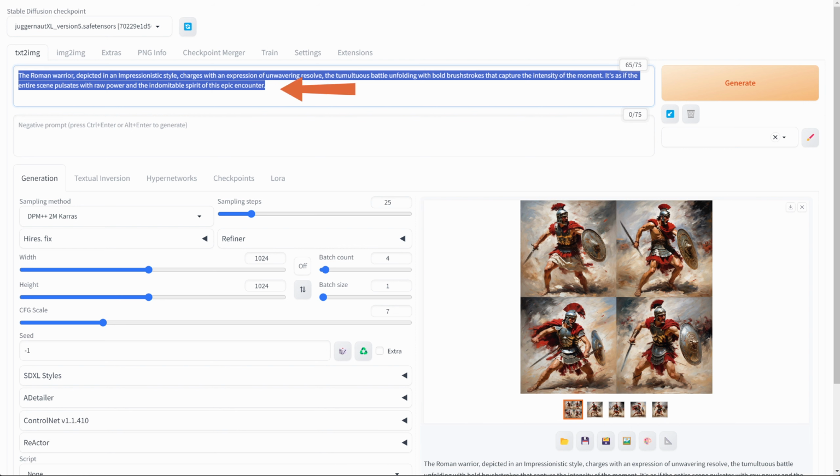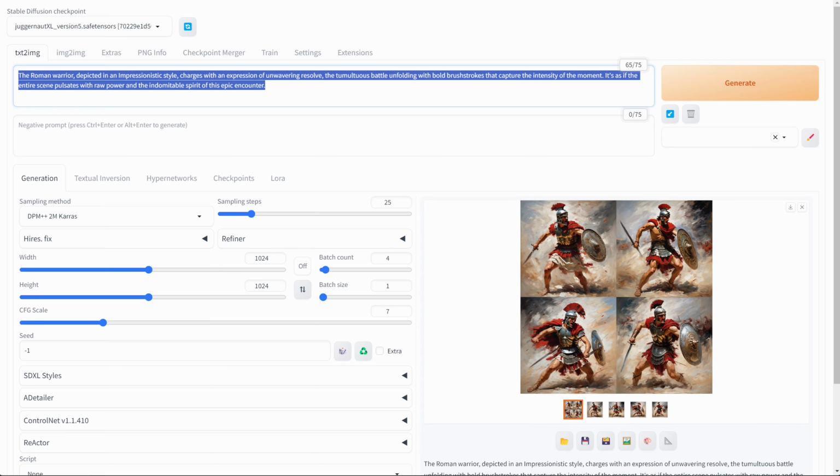I'm only going to test text-to-image prompts to keep things simple. I'll use only positive prompts and won't add any extensions like ControlNet or use image-to-image, because we all know that with those tools you can do pretty much anything you want. For the technical details, I'm using the DPM++ 2M Karras sampling method with 25 sampling steps. The image dimensions will be 1024px by 1024px, and I'll generate 4 images in each batch, just like MidJourney does. The CFG scale is set at 7. I won't be cherry-picking results. The first image that comes out for each prompt is the one you'll see in the video,